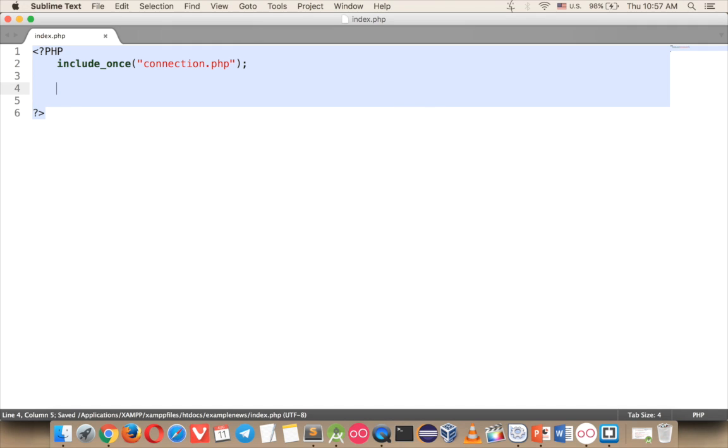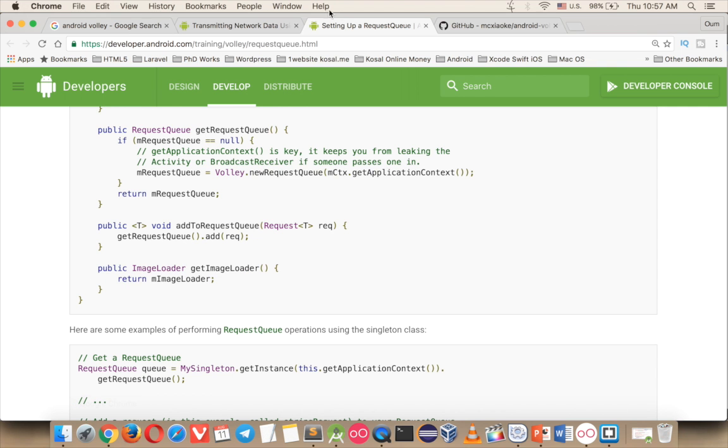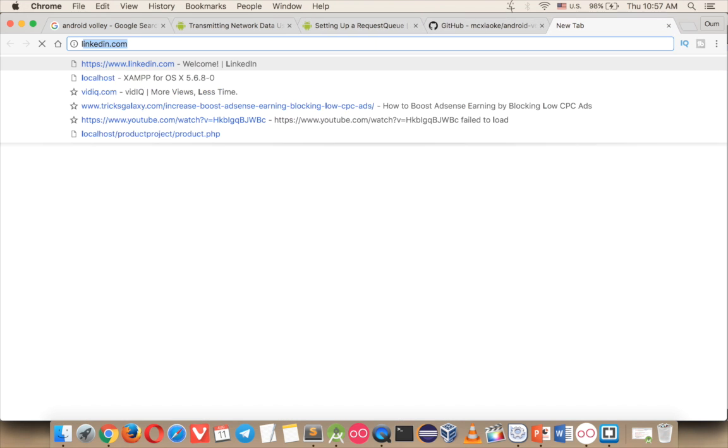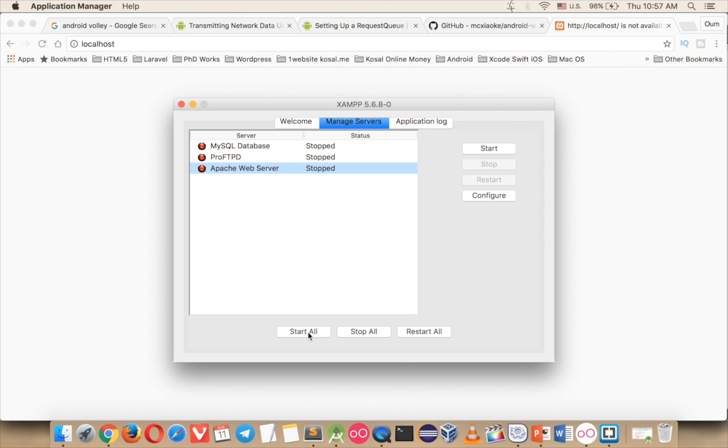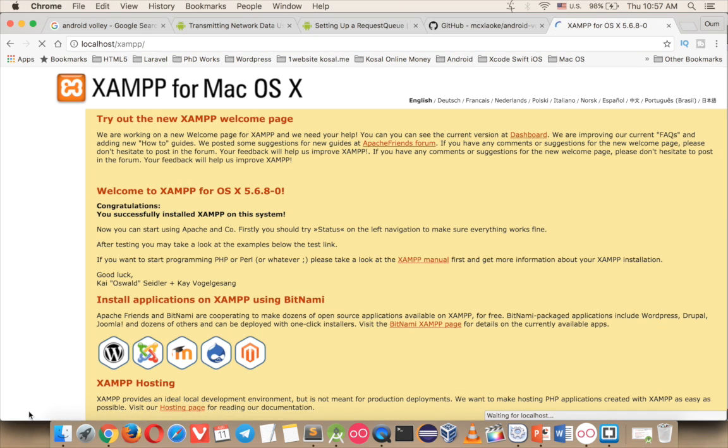Okay, so you want to get all the database, but now you don't have a database, so you go there to localhost. My database is not running, so let's start it. Okay, so run again. So you go to phpMyAdmin,